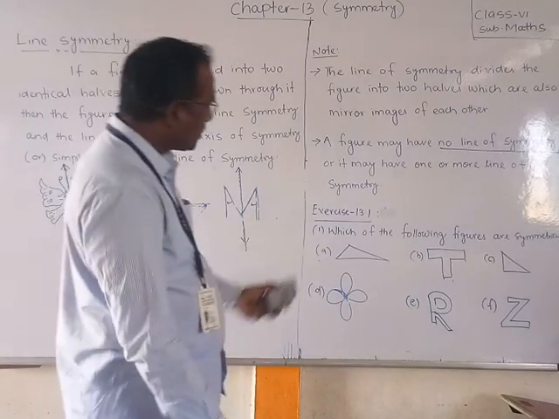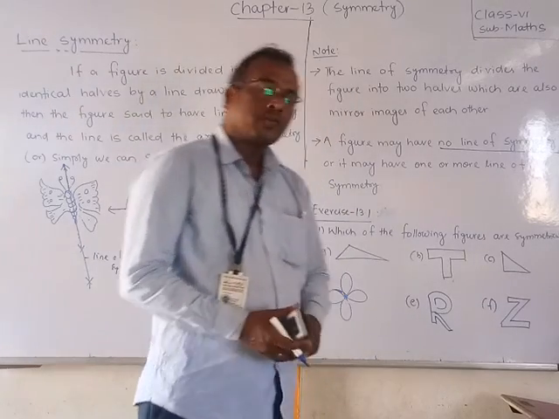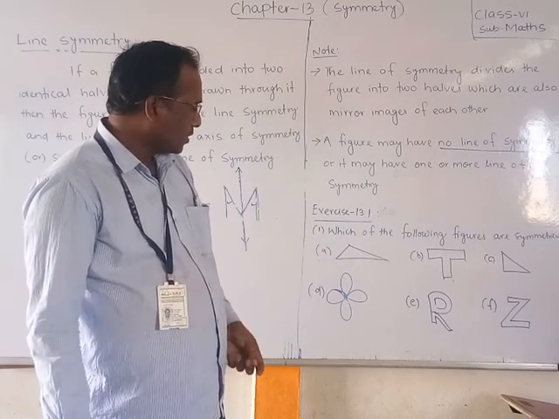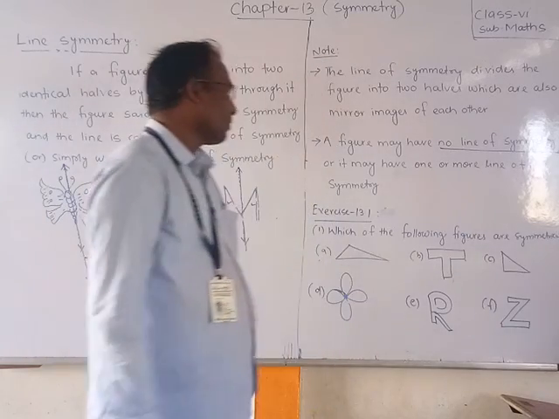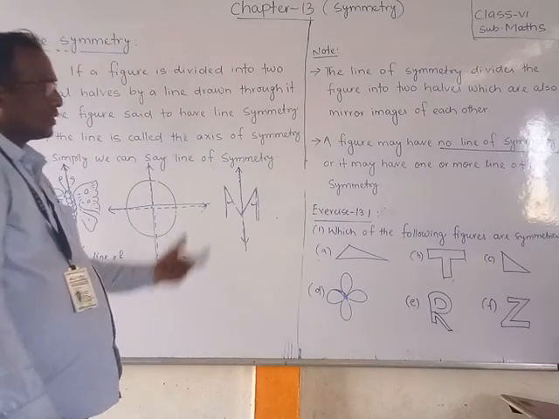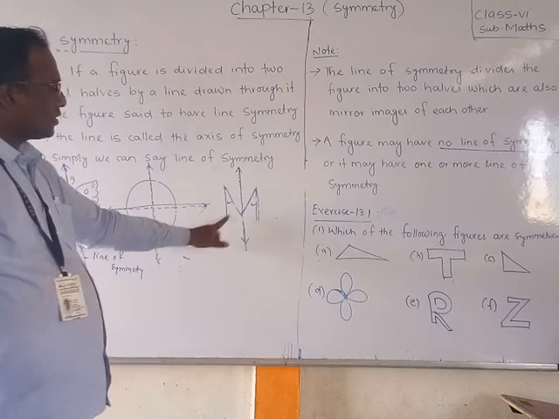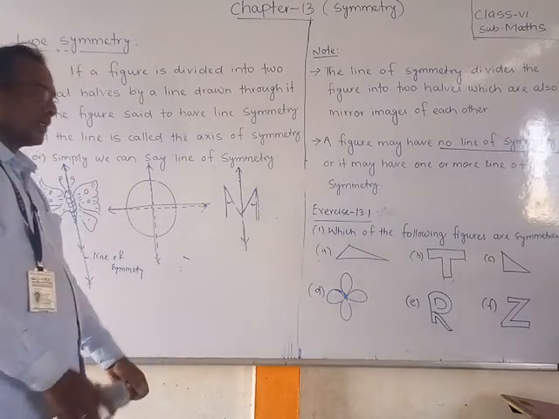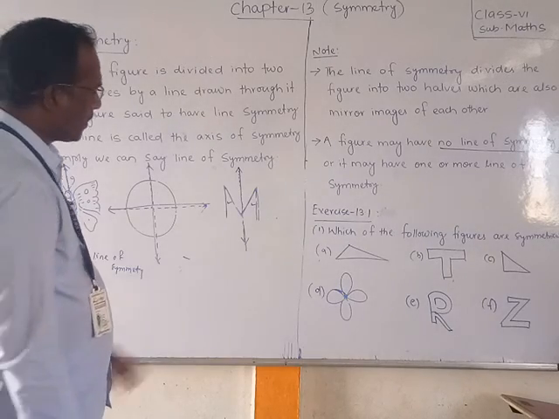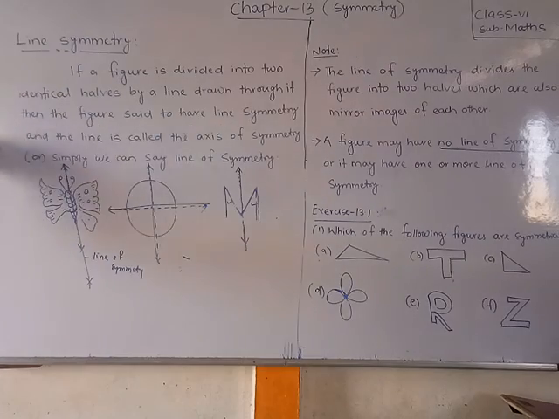Okay. Now friends, exercise 13.1 we have to do, and in the first video I have done that. Here, friends, some pictures are given. Which of the following figures are symmetrical? Symmetrical means we have to identify whether, if you draw a line of symmetry, the figure is symmetrical. Okay, now choose. First figure, shall I rub this, friends? Okay, I will rub it and I will explain 13.1 on this side.